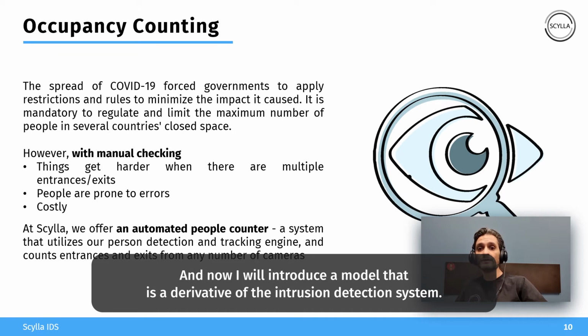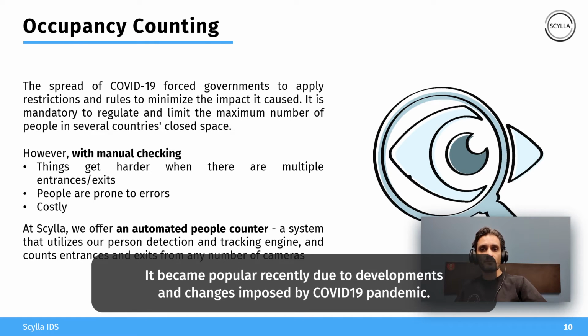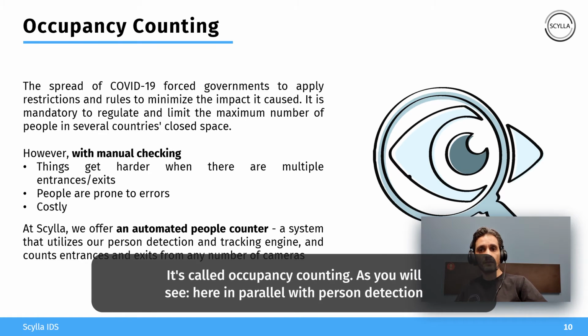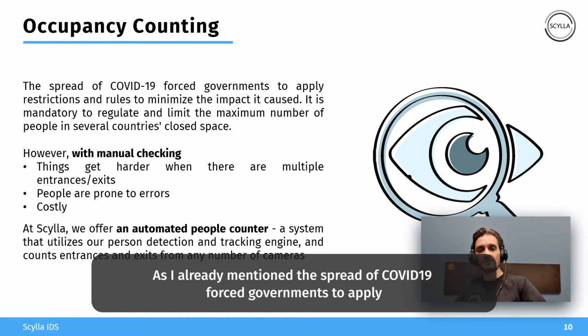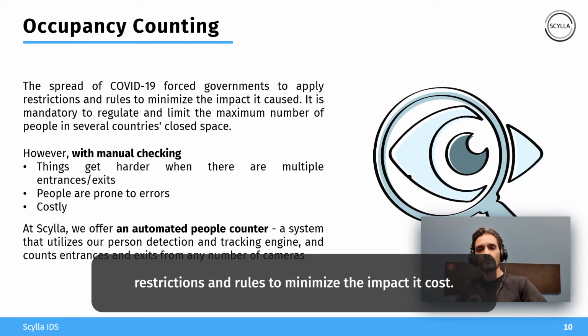And now I will introduce a model that is a derivative of the intrusion detection system. It became popular recently due to developments and changes imposed by the COVID-19 pandemic. It's called occupancy counting. As you will see here, in parallel with person detection, and somewhat more importantly, we use person tracking. As I already mentioned, the spread of COVID-19 forced governments to apply restrictions and rules to minimize